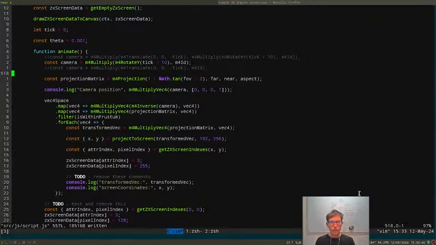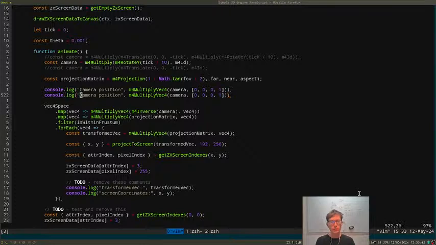Now I want to know where a specific position is, so let's say the point in front of the camera. This should be in front of the camera. And for inverse camera,